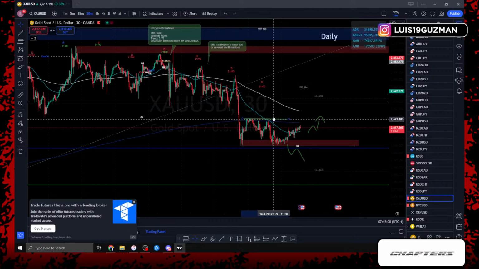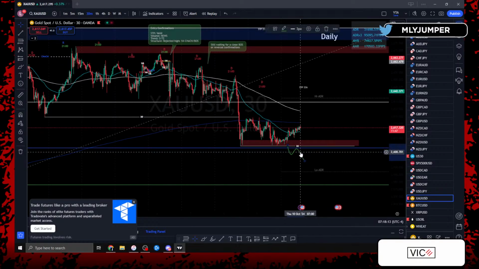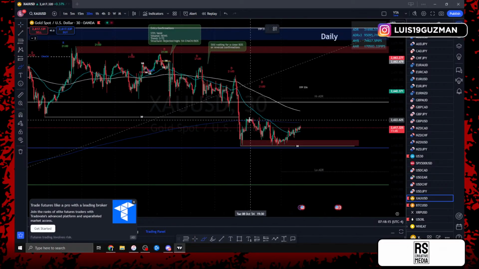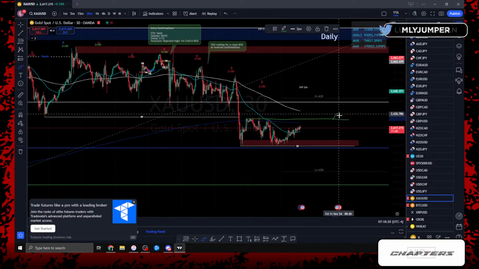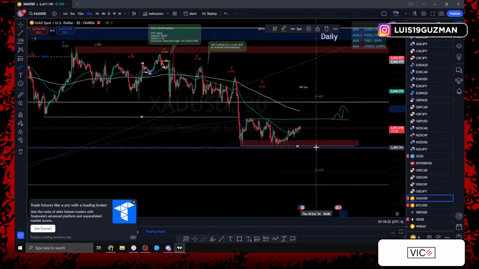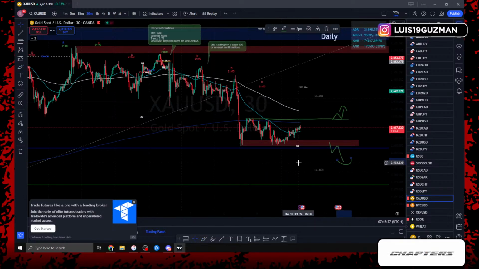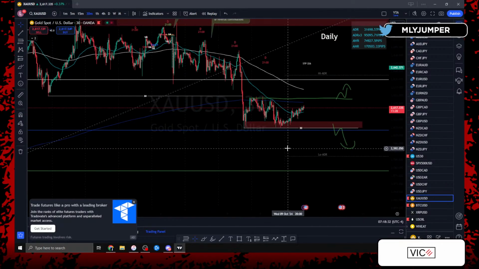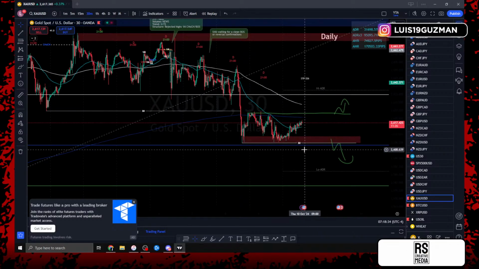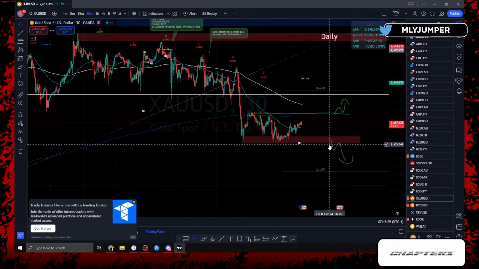Now that we see that price is just moving sideways in this little area, we don't really have anything too crazy. This is going to be where we're either going to be looking for price to break above here to continue, or we're going to be looking for that break below the zone. Same thing we talked about in last night's session. And that's pretty much it for gold. At this point, I'm not expecting price to continue that downtrend push. I'll either be expecting price to just consolidate for the next day, day and a half, or I'm expecting price to give me a pullback,